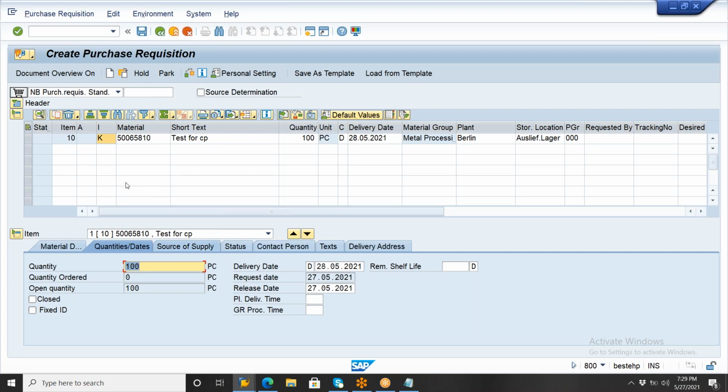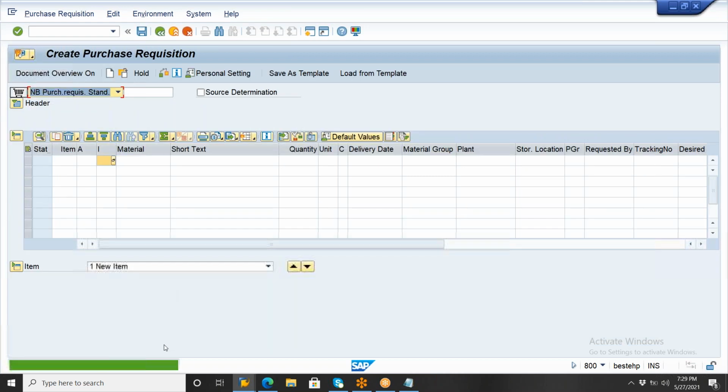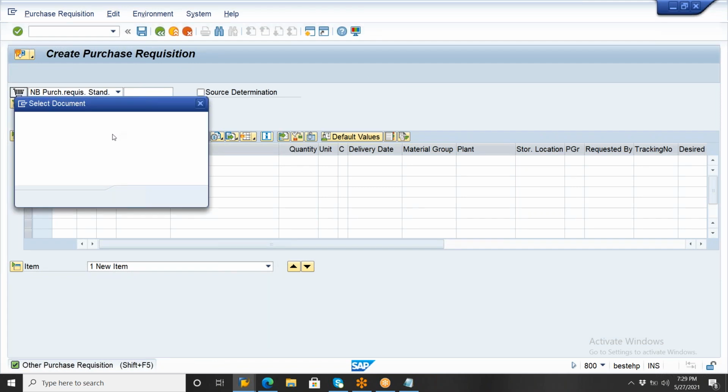So always you need to observe, whenever you select something and any field changes, what fields are appearing and what fields are disappearing. This is most important. So when you enter item category K, the account assignment category and valuation will automatically disappear. You need to observe this and click on message, then check. Once the purchase requisition is created, copy the purchase requisition number. Now, once you copy this purchase requisition number,